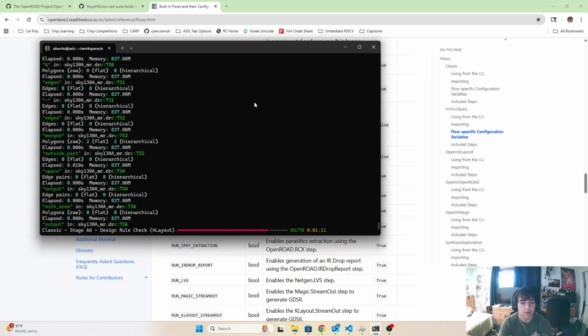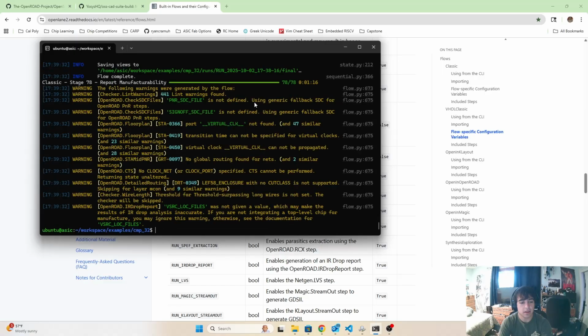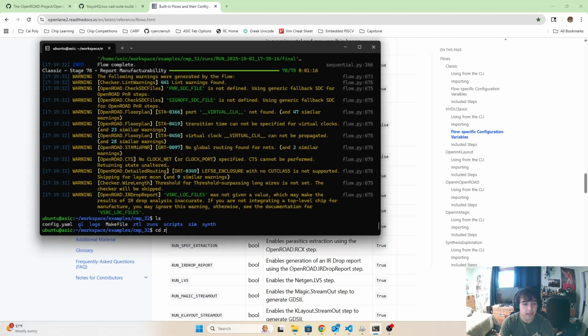So yeah, this whole thing takes a while. Like I said, this is probably the quickest you'll ever see it get done because this is a relatively small design. Now that we have this done, inside this runs folder,